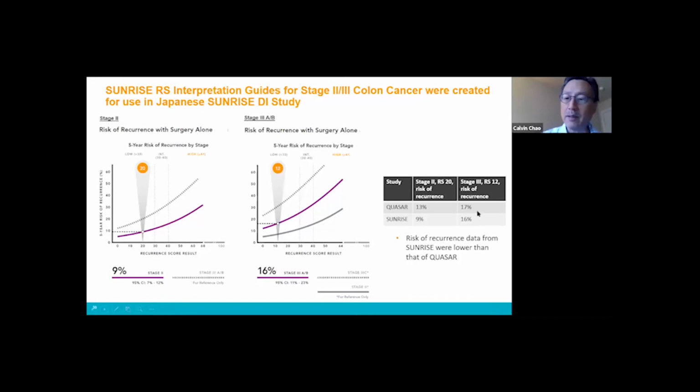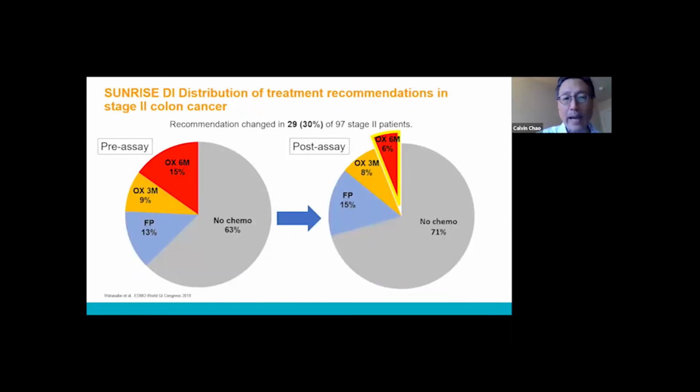And so you can just compare Quasar versus Sunrise, these two different stages of disease for the low recurrence scores, and you can see how useful these numbers can be in thinking about the chemotherapy you want to give and how much more you will benefit the patient. That's exactly what happened with the Japanese investigators, because you can see that pre-assay, the decision was to actually in